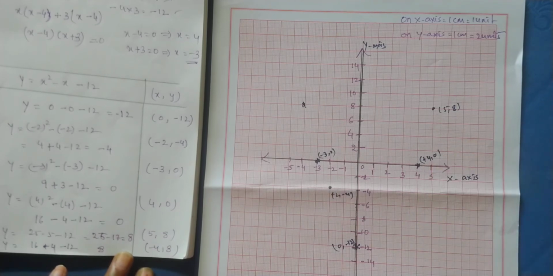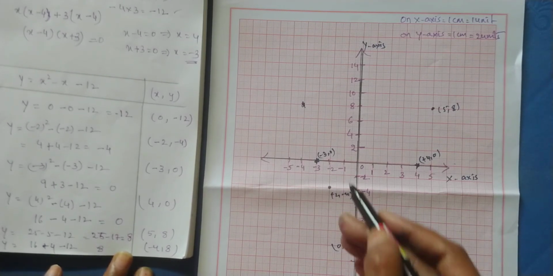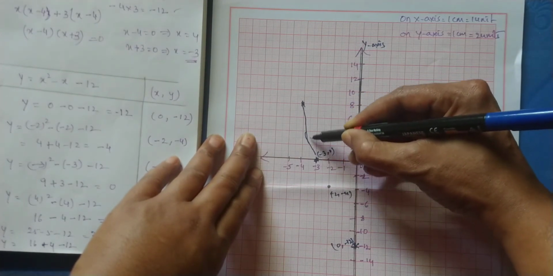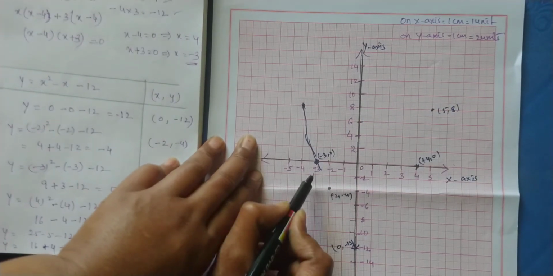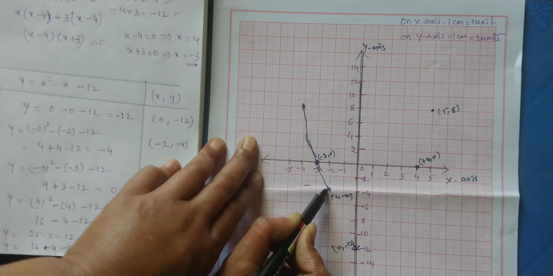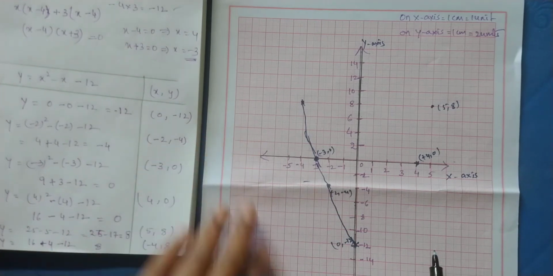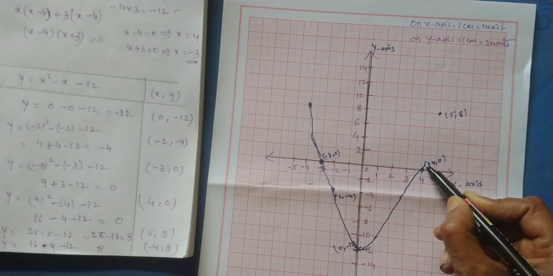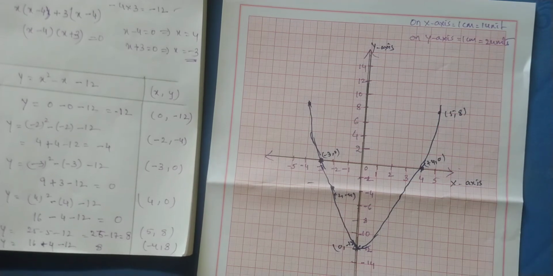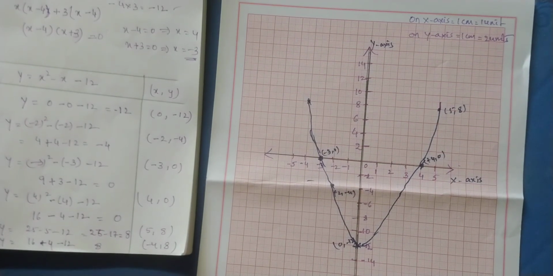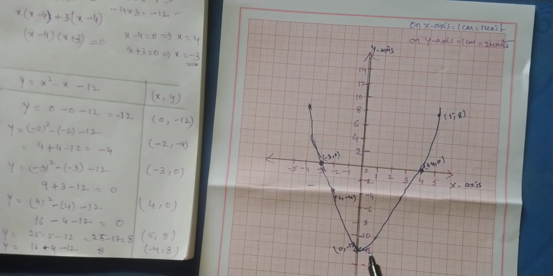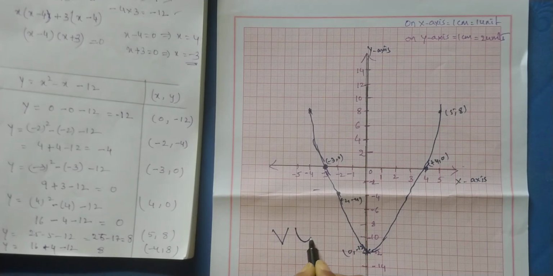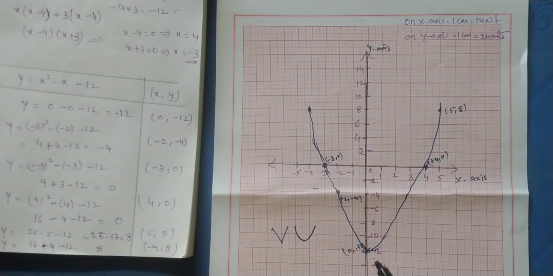Let us join all the points. That is nothing but our parabola. Yes, let us join the points. Roughly with a free hand we have to join, friends. We need to take a little curve there. Yes. This is the graphical representation of this one. Here we should not take the graph like this. We need to make it a curve like this. So by doing like this we get the graph.